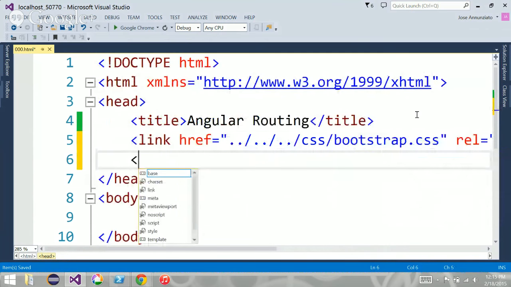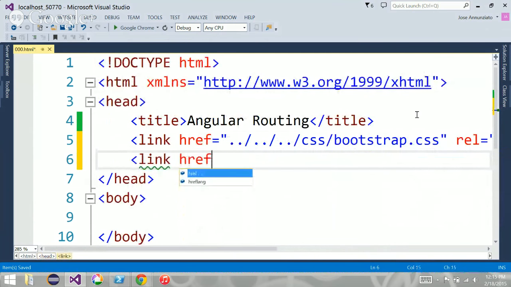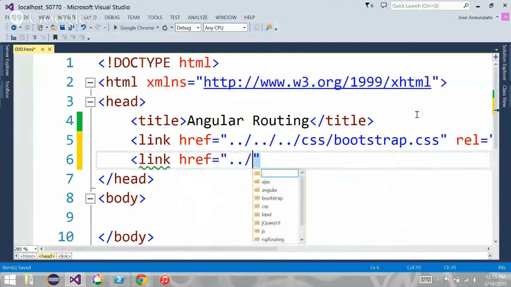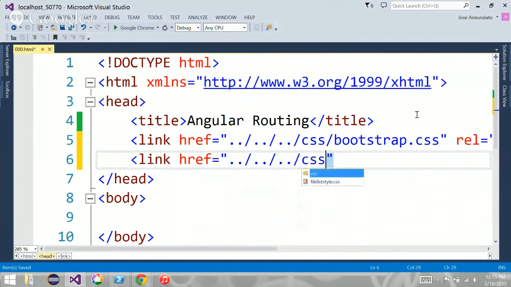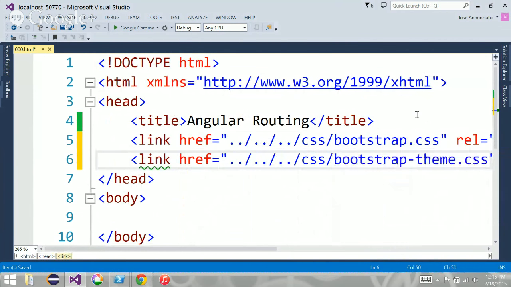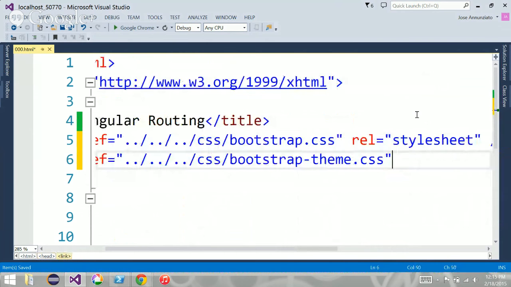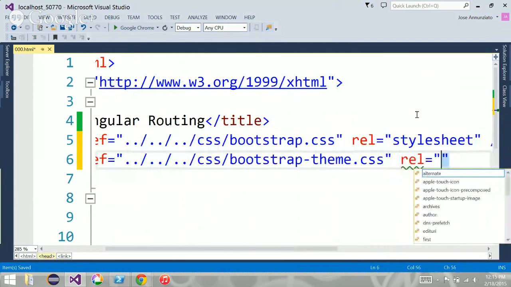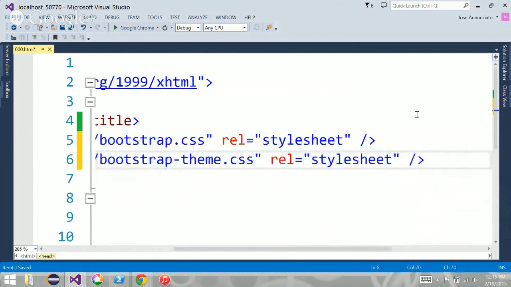Maybe also, what else do we have here? I guess the theme. Let's get the theme, and the rel, style sheet. There we go. What else do we need?